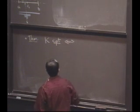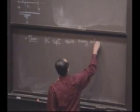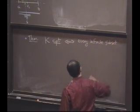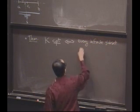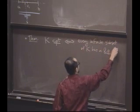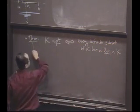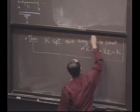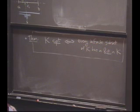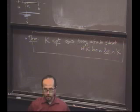K is compact if and only if, I claim, every infinite subset of K has a limit point in K. So this is a crucial fact about compact sets. Every infinite subset of K has a limit point in K. So if you think of compactness as